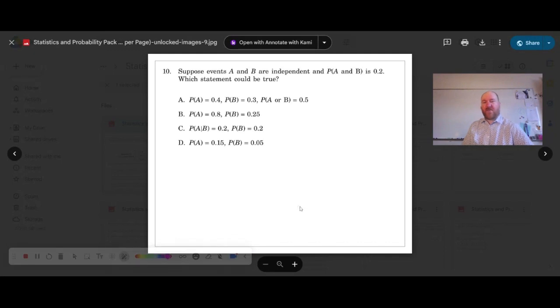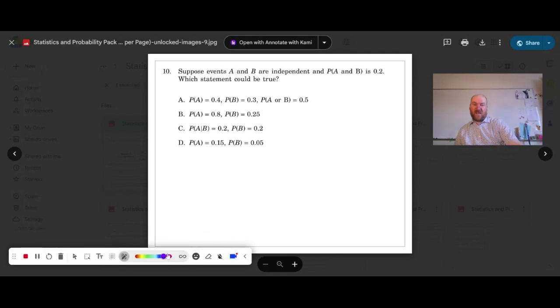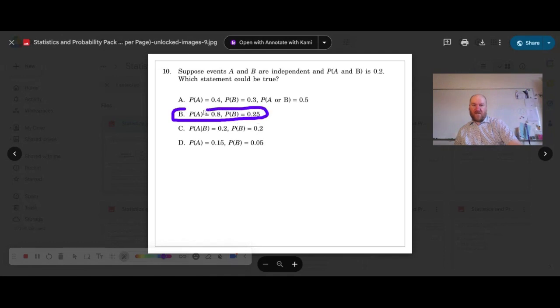It says, suppose events A and B are independent, and the probability of both things happening, A and B, is 0.2. Which statement could be true? Once again, I'm going to tell you the answer is B, and then I'm going to tell you why. Remember, if these two things are both happening,